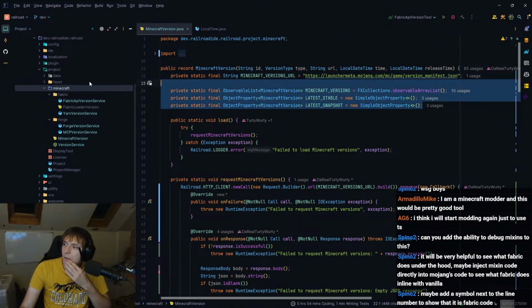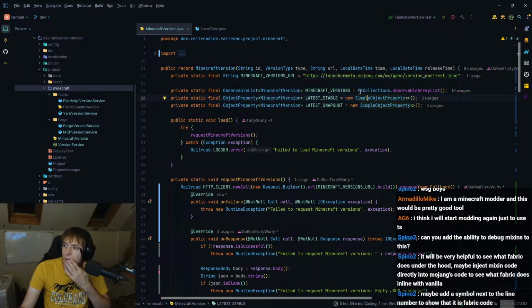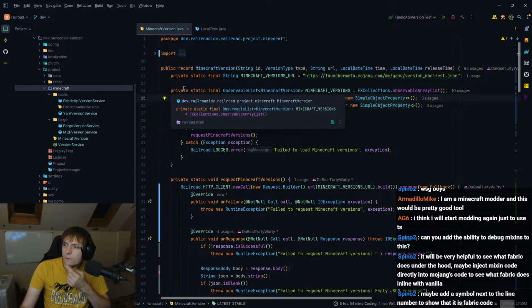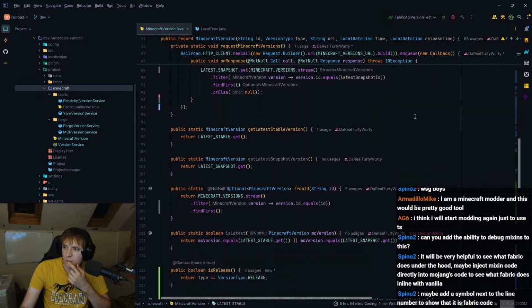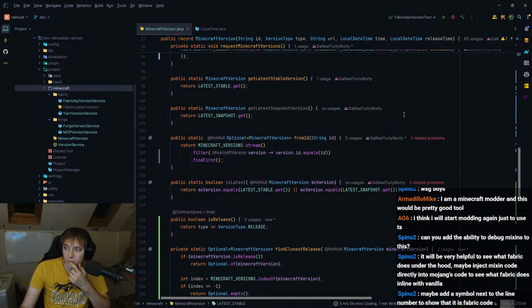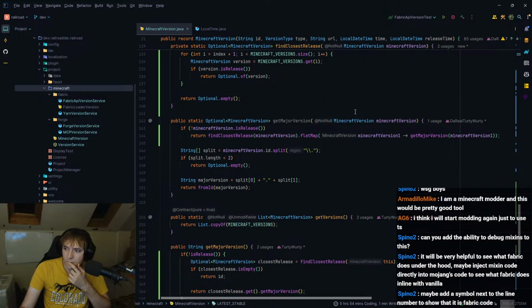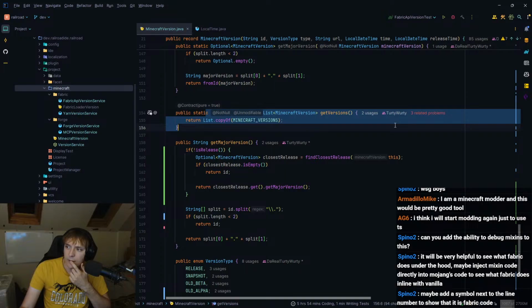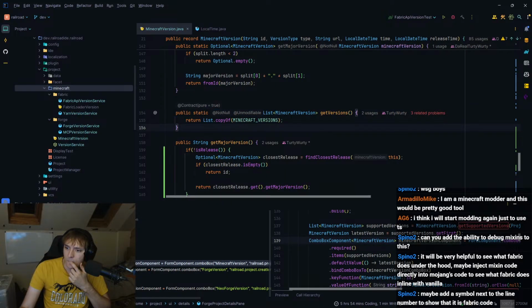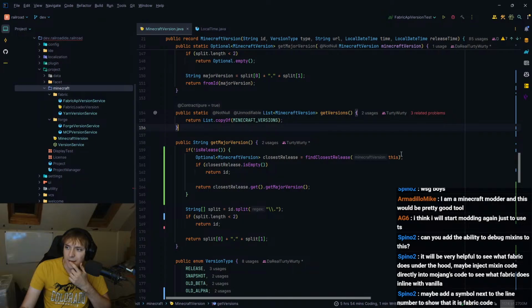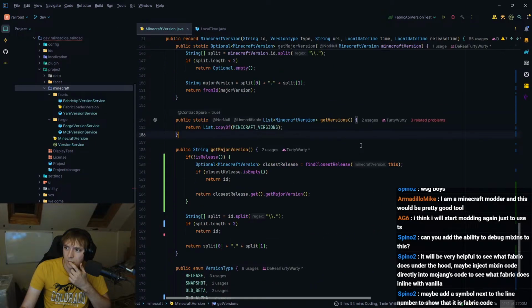What are these? These are simple object properties, and then that's an observable list. That's fine, because I think... And I'm not actually using those as properties. Even here, I'm not. But, yeah, they really don't need to be, do they?